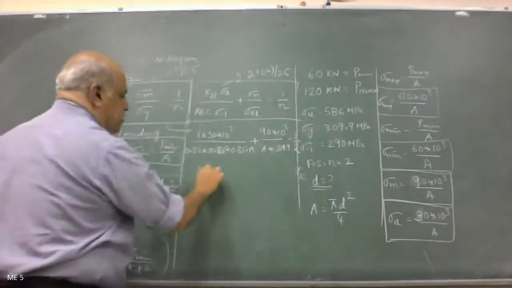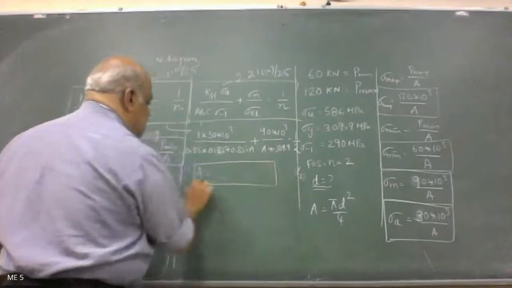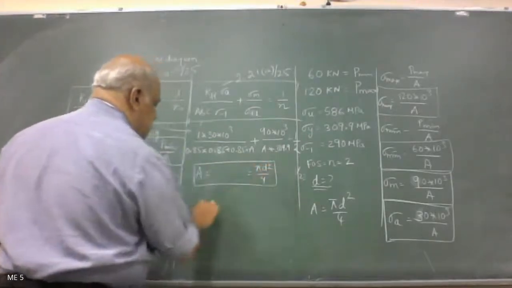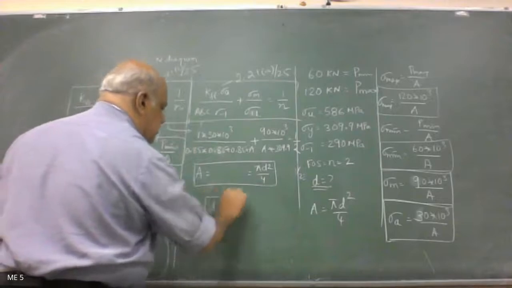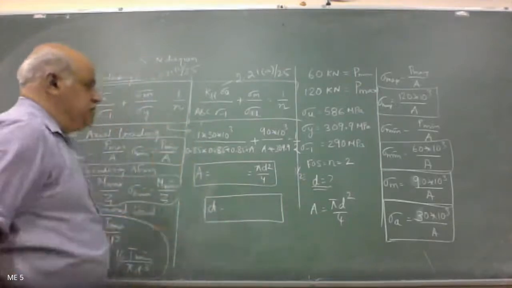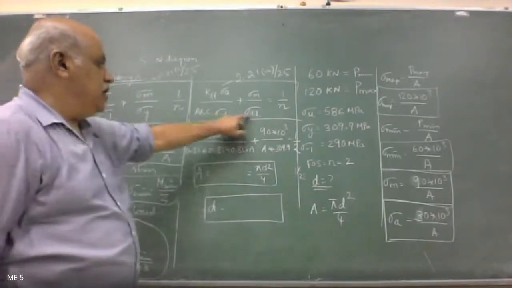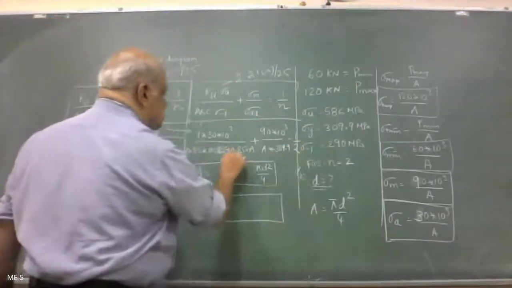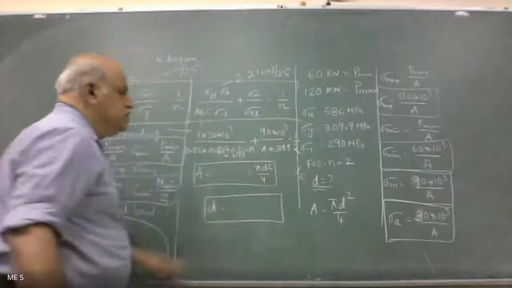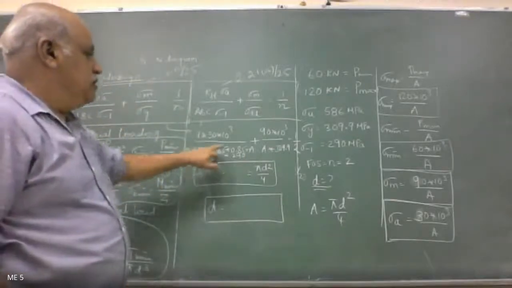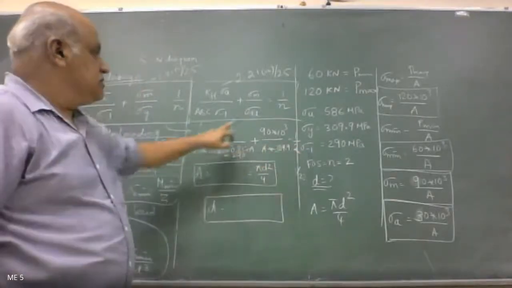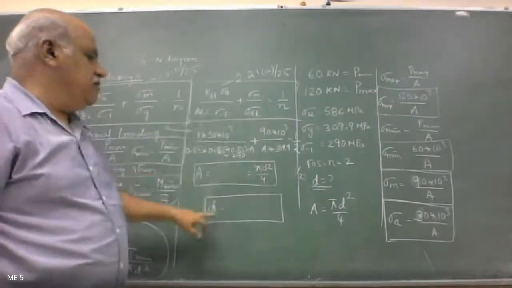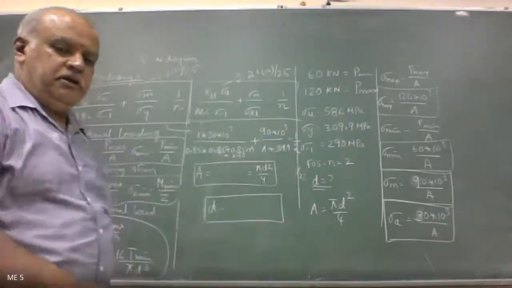So get the value of A here, that is equal to pi d squared by 4. So therefore, D is equal to, give me the value. Similarly, substitute the value of ultimate stress here, and here endurance stress I missed out, that is into 290 in the denominator, correct? Into 290 also will come over there. Okay, because endurance strength is there. Similarly, substitute for ultimate stress from here. Get the value of diameter on similar lines. Get me the value of diameter now.